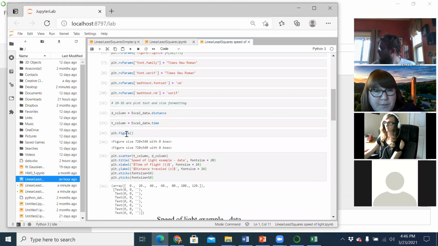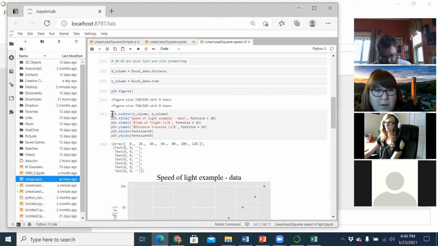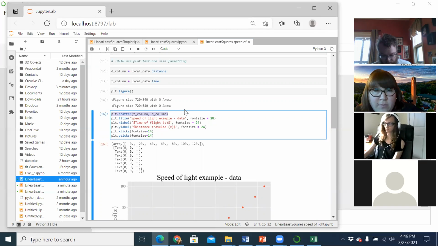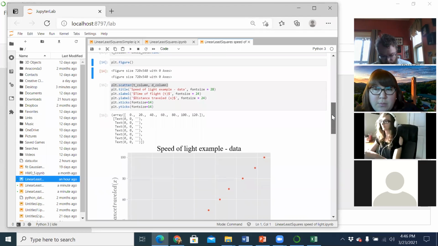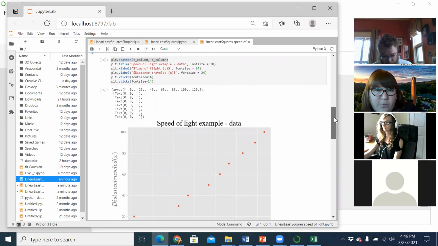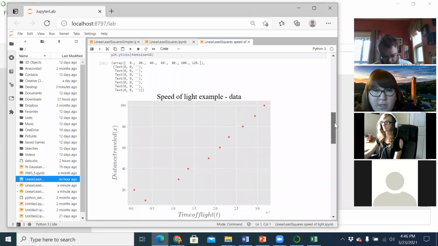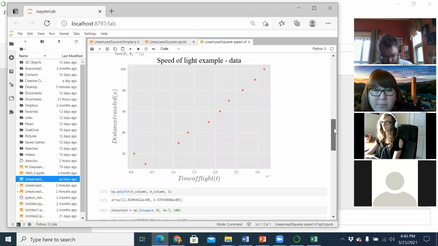And then I do the plt.figure to get ready to plot a figure, and first I just want to plot the points. So I did a plt.scatter, T column for the x-axis and D column for the y-axis, because I know my time is more precise. Then I did some formatting stuff, and told it the font, axes, labels and stuff. I don't know how to put spaces in there, so sorry, working on that. So there's my data.